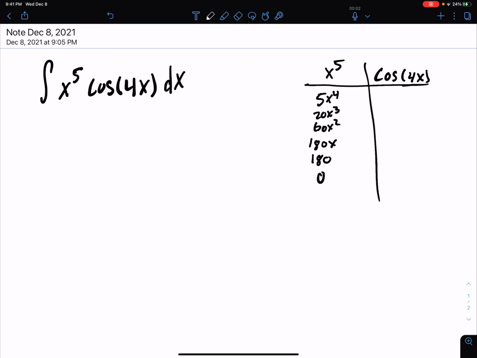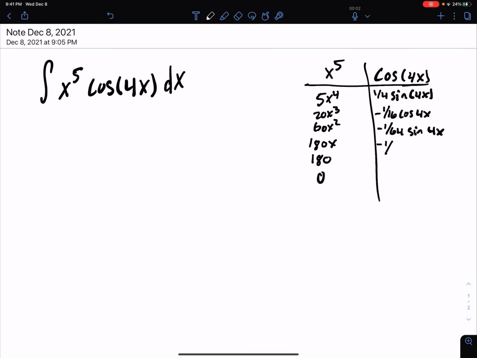Now we have to do the integral of cosine of 4x 6 times as well. And the first integral, and I'm going to go ahead and take out the fraction for all of these integrals. So this is going to be 1/4 sine of 4x, followed by negative 1/16 cosine 4x, 1/64 sine 4x,